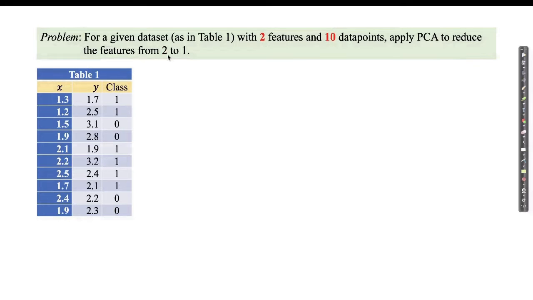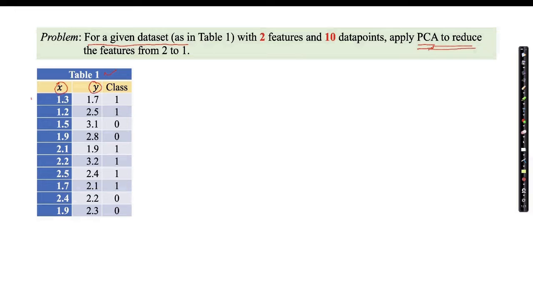In this video, we are going to apply PCA on a dataset to reduce the dimensionality of the dataset. PCA, or principal component analysis, is a dimensionality reduction technique which is frequently used in machine learning methods or machine learning models. The problem states, for a given data set as in table 1 with two features x and y